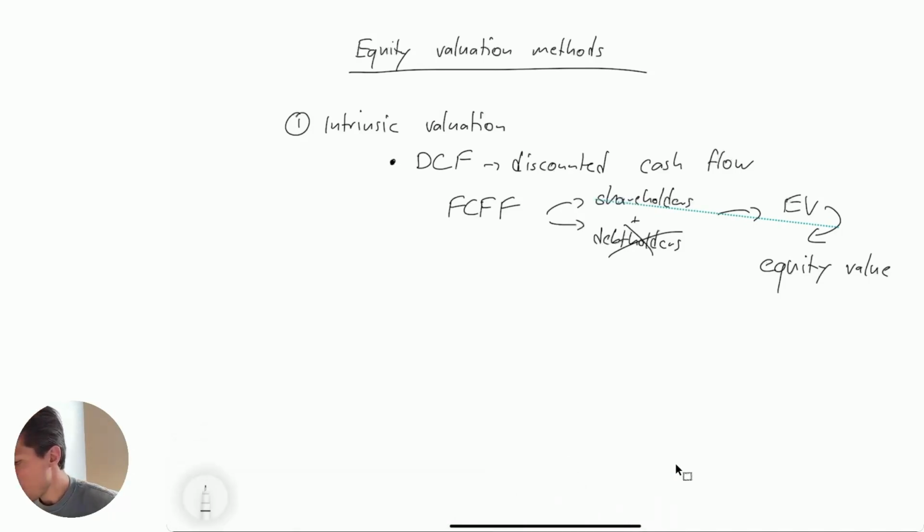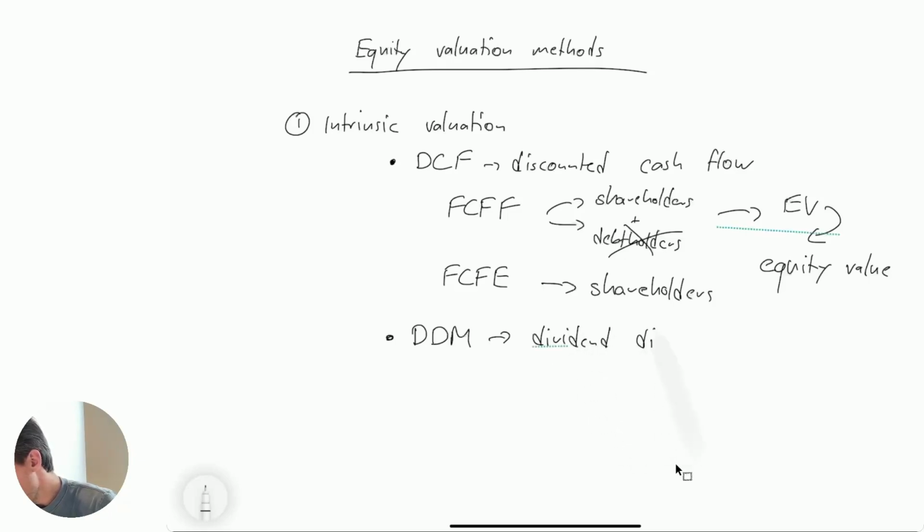So this is free cash flow to the firm. Sometimes we use free cash flow to equity approaches. I will come to this in another video, which only looks at the free cash flows to shareholders, or equity holders, where we don't need to do the adjustments because we derive an equity value right away. Then the other one is DDM,